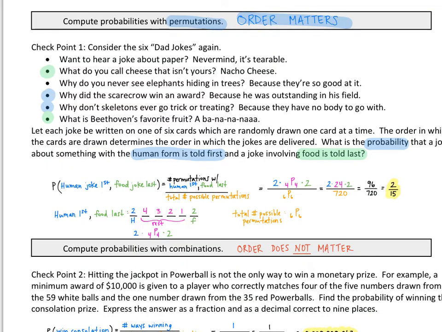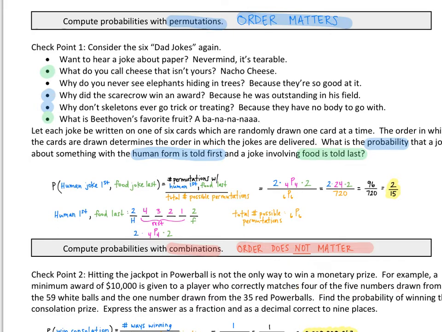Now let's take a look at some probabilities dealing with combinations. Remember, combinations are where order does not matter, okay? It does not matter. So let's look at this checkpoint 2. Hitting the jackpot in Powerball is not the only way to win a monetary prize. For example, a minimum award of $10,000 is given to a player who correctly matches 4 of the 5 numbers